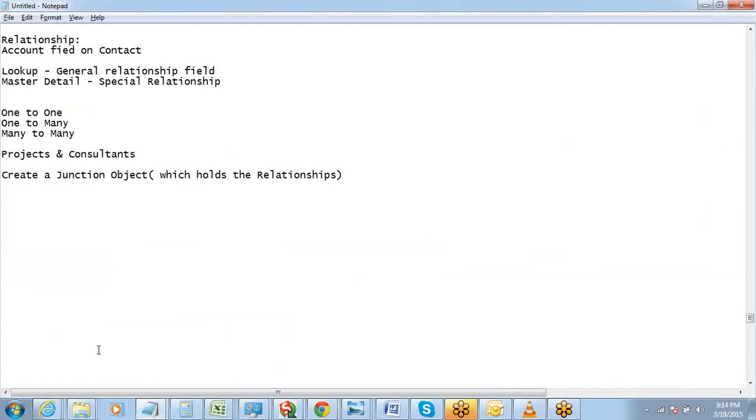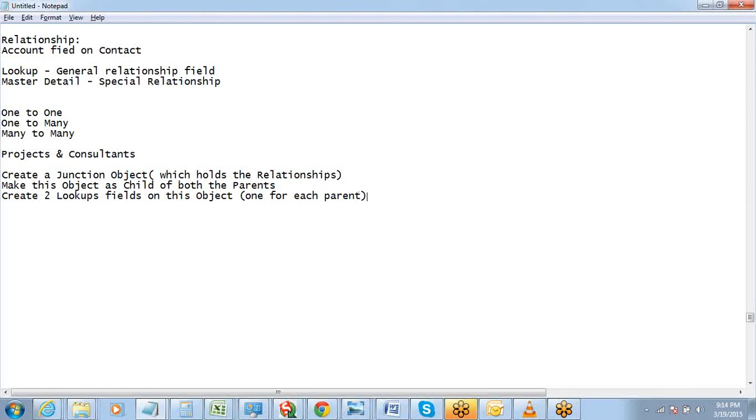You just create a junction object and make this object a child of both the parents, or in simpler words, create two lookup fields on this object, one for each parent.